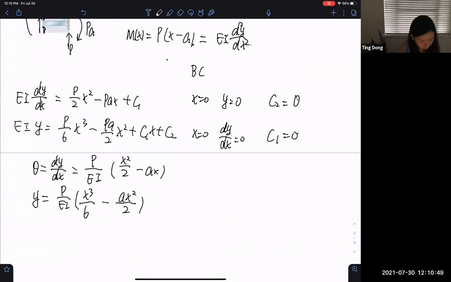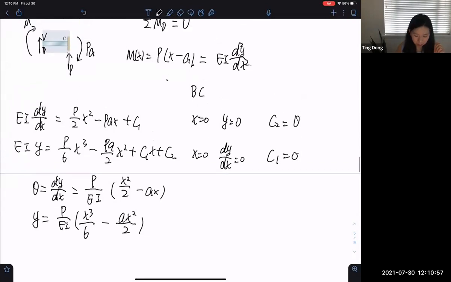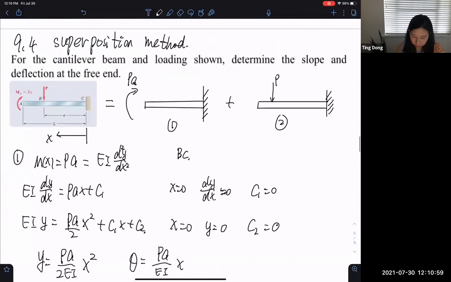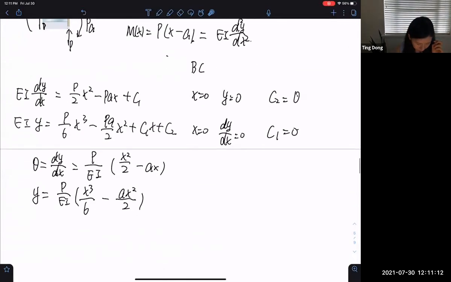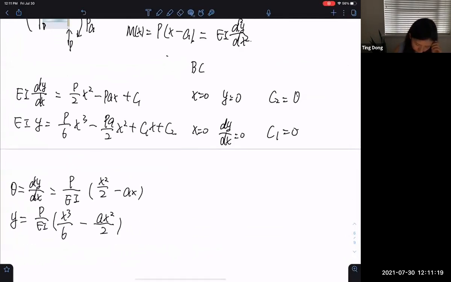So now we have these two equations for rotation and deflection. And we know that for calculating the deflection and rotation at point A, we can calculate the deflection and rotation at point B first, right? So we plug in x equal to A into these two equations. For these two expressions, if we plug in at point B, x equal to A, then